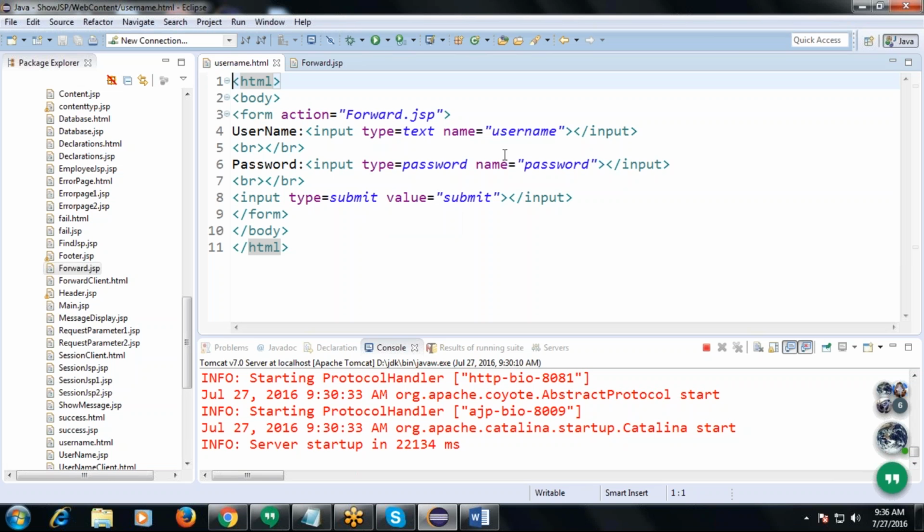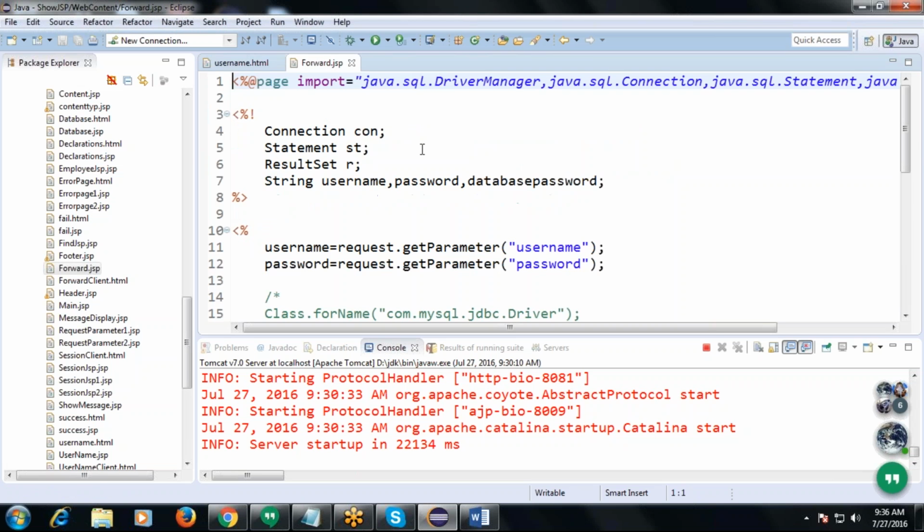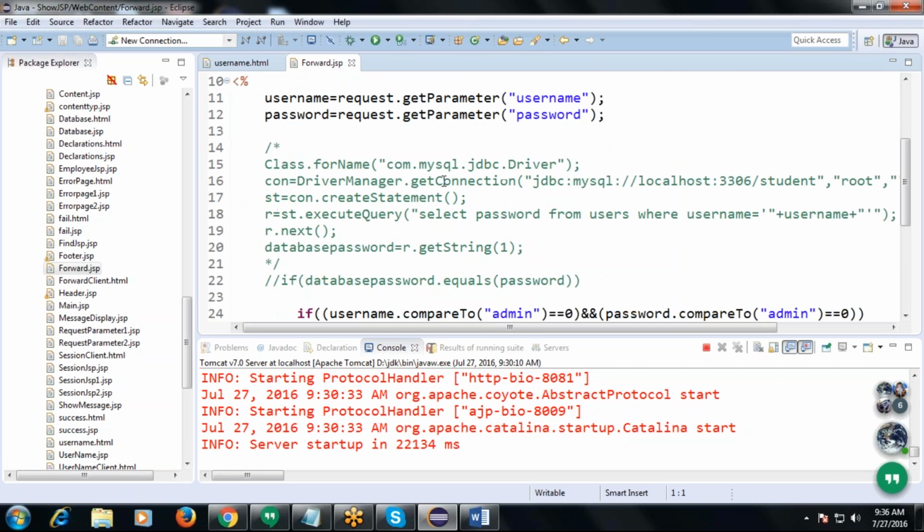When we submit the given username and password, those values pass to the JSP page we specified here.